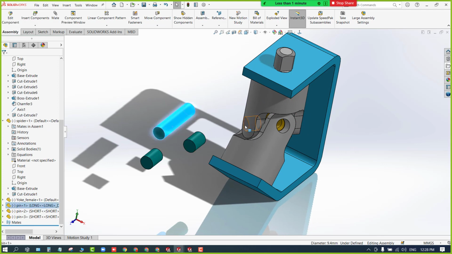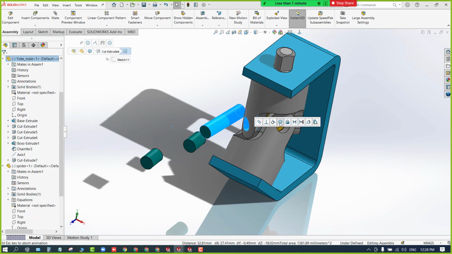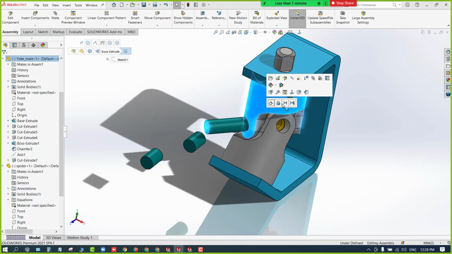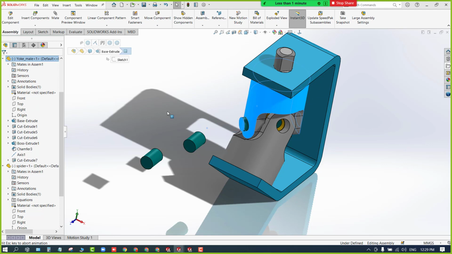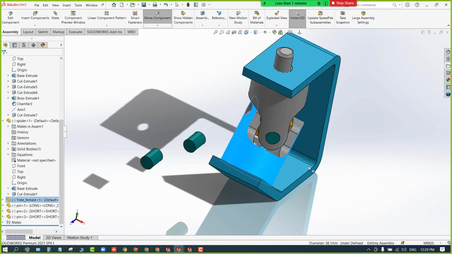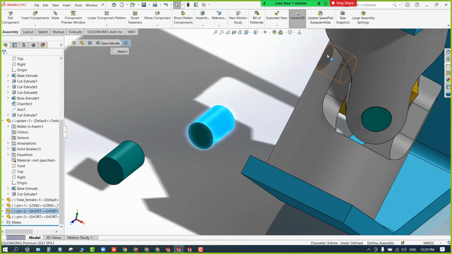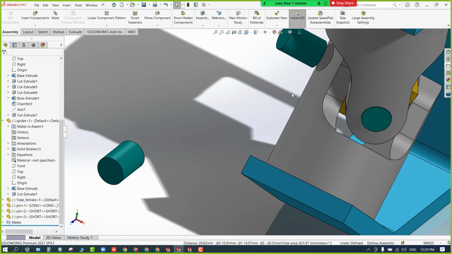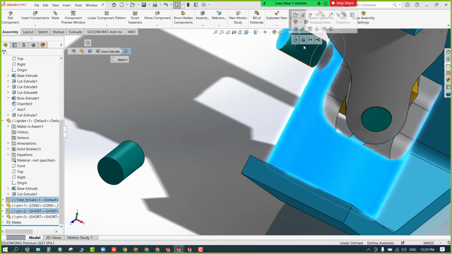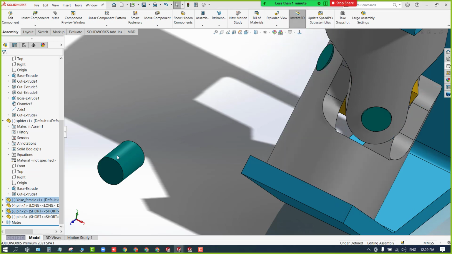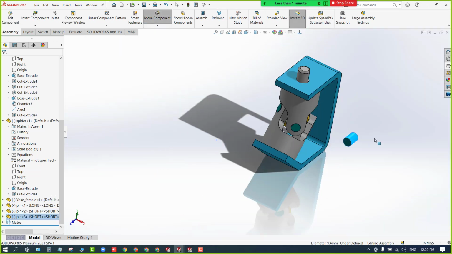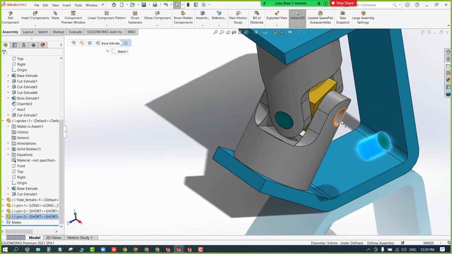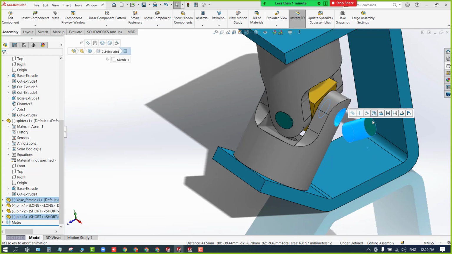Made them. Same thing. Hold the control and select the faces. And then again same here. Select this face and this face tangent. You can again rotate the assembly as per your requirement and define the next mates. This face and this face should be tangent to each other. Now you can bring this one, rotate this, and then orient it, define the mates.